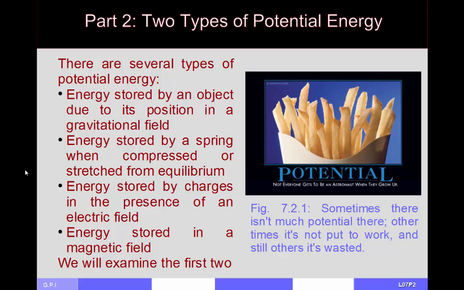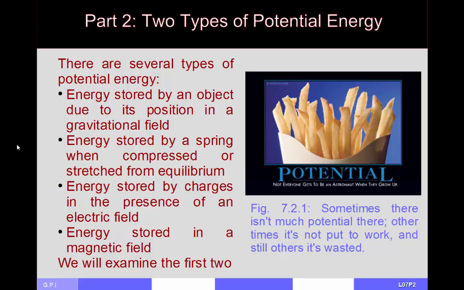So in the previous part of this set of lectures, I talked about work and the work energy theorem, and I mentioned that potential energy was the energy that's associated with the position of an object. It's the potential of some force to do some work upon an object, in other words. And there's several types of potential energy. If we strictly define it as potential for a force to do work on an object, then there's really going to be about four